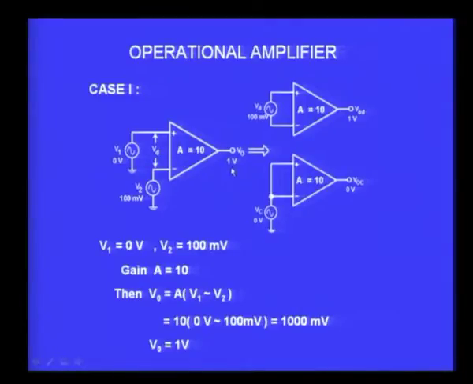So, I must get only 1 volt at the output, and the common mode signal is 0 here, here also it is 0, and therefore, the average value is around 50. So, that will be 50 into 10, 500 millivolt, that is what I will get. Now, in a typical situation I give 0 volts here, 100 millivolts, I get 1 volt,